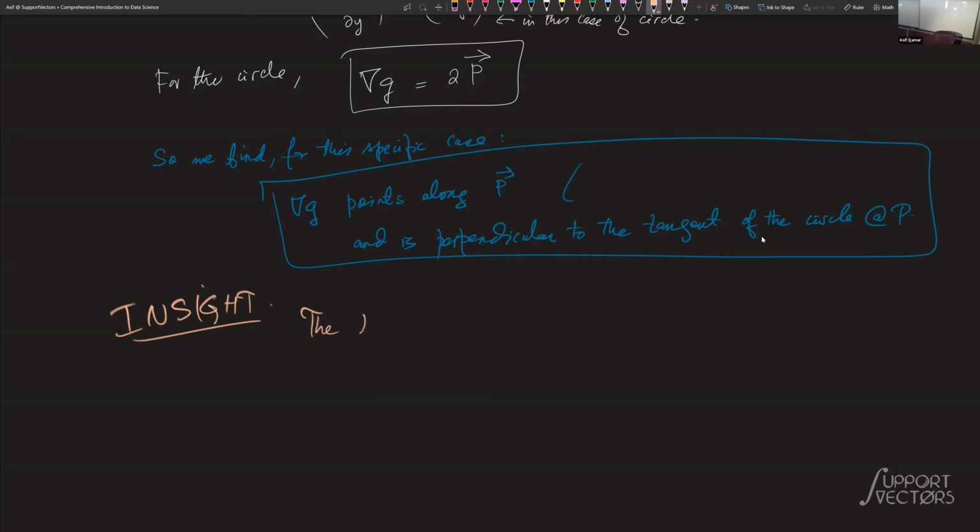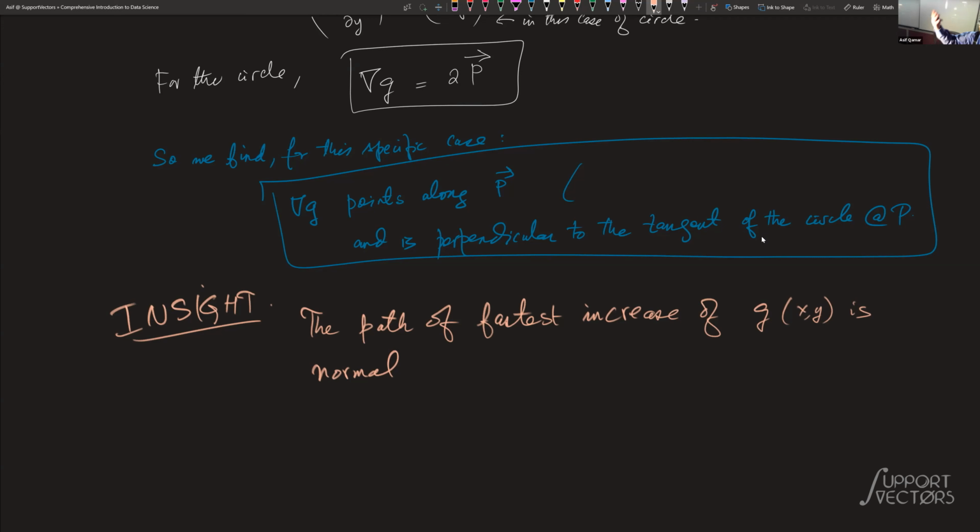The path of fastest increase of G(x, y) is perpendicular, and we won't use the word perpendicular. The word people often use is normal, because perpendicular is with respect to a line. When you go perpendicular to the surface, it means exactly the same thing, but people use the word normal to the